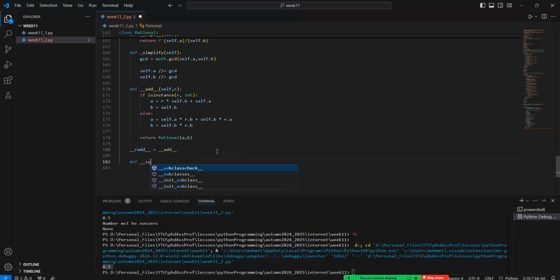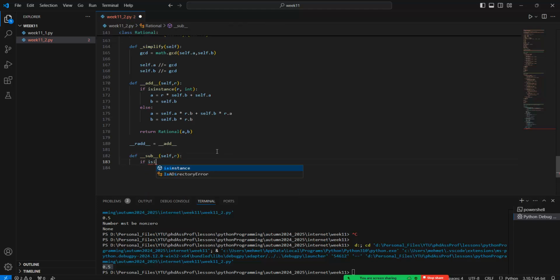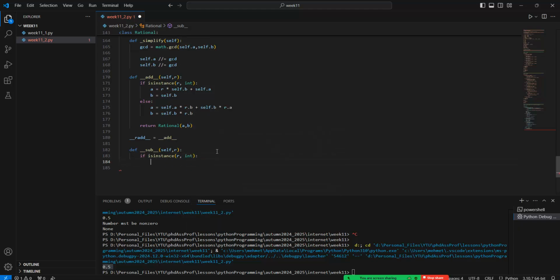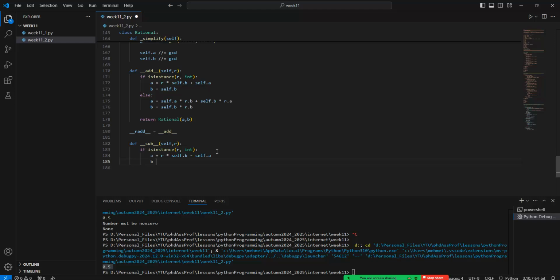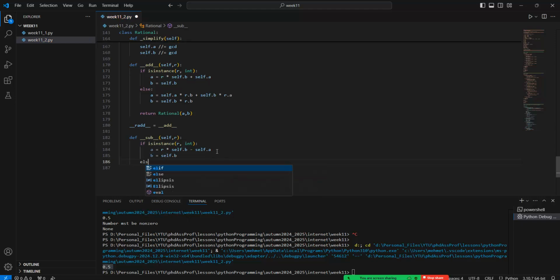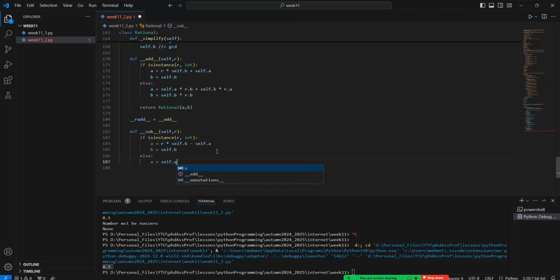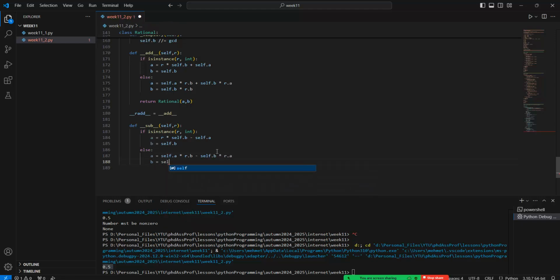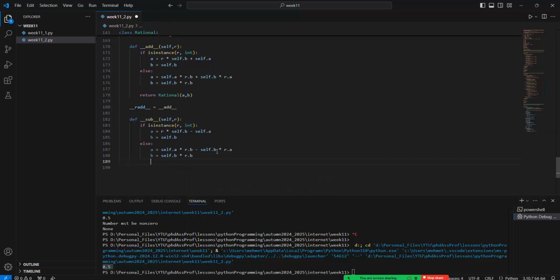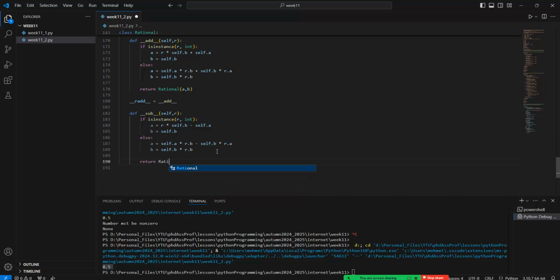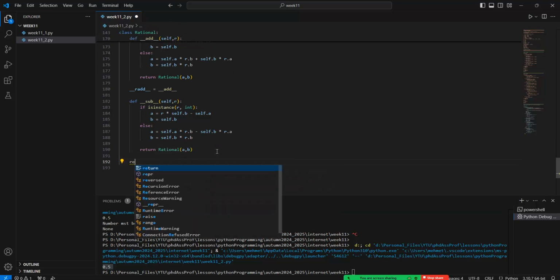So what about the sub operator in here? Self, R. If this instance R is an integer value, and so A is equal to what? R times self B minus self A, right? This is the mathematical rule. And self B can be assigned in here, and else A is self A times RB minus self B times RA. Okay, and B is equal to the self B times RB. And also we should return the rational A and B. And after that